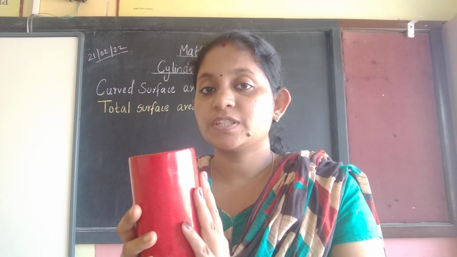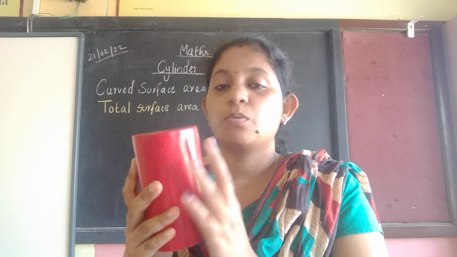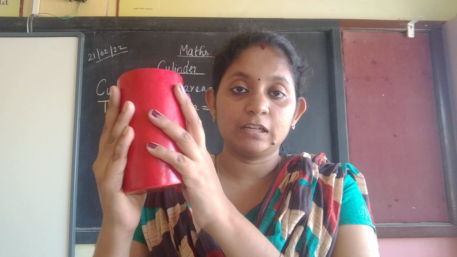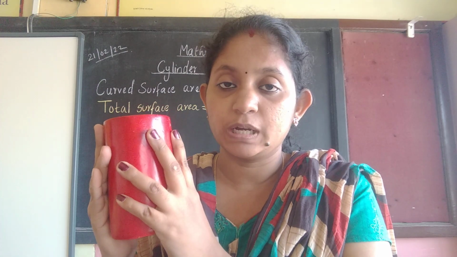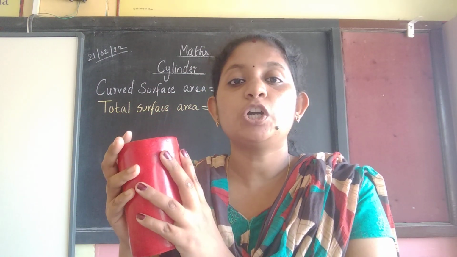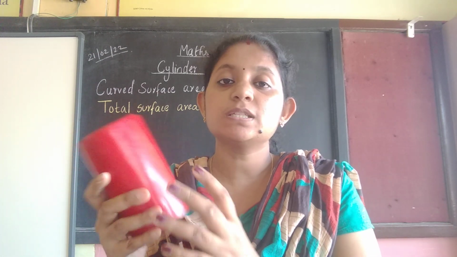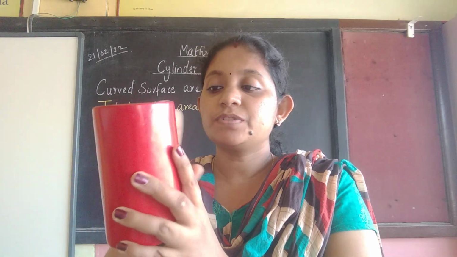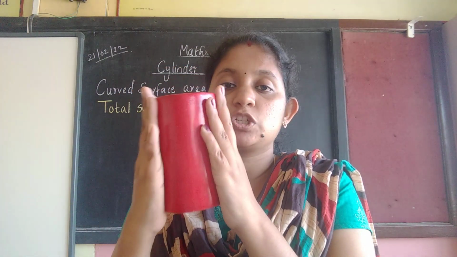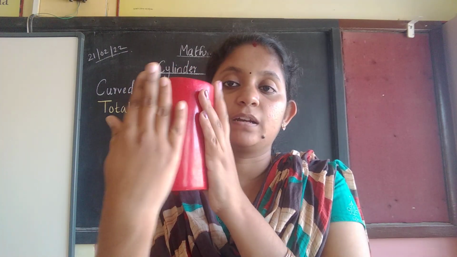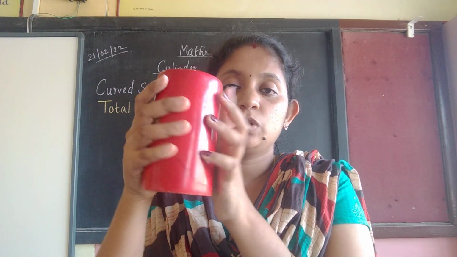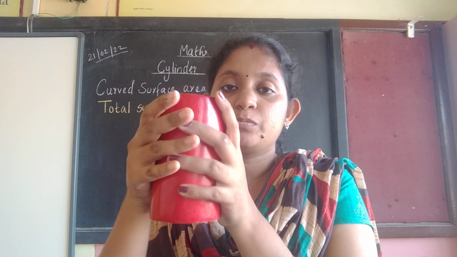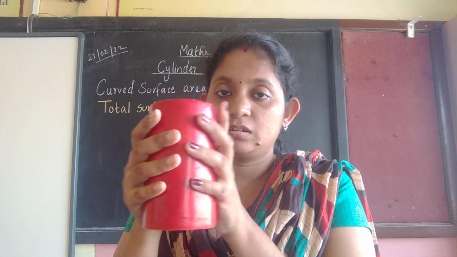Now when we talk about surface area, what surface area does this include? Here we have two formulas. One is for curved surface area, another one is for total surface area. Now why are curved surface area and total surface area mentioned? Curved surface area means only this portion where I have kept my hand, the entire circular portion. How much the area is here is the curved surface area.